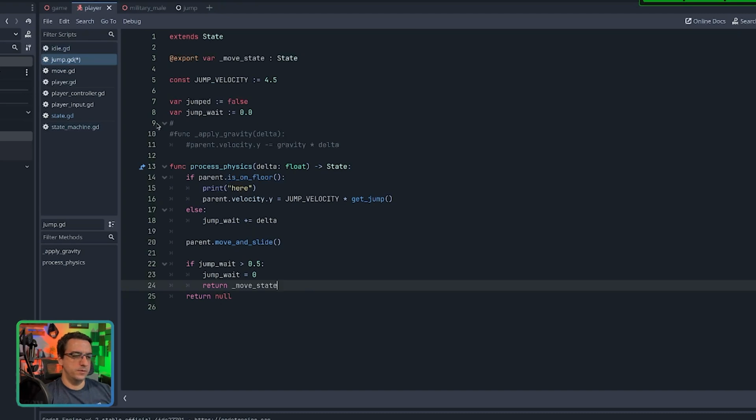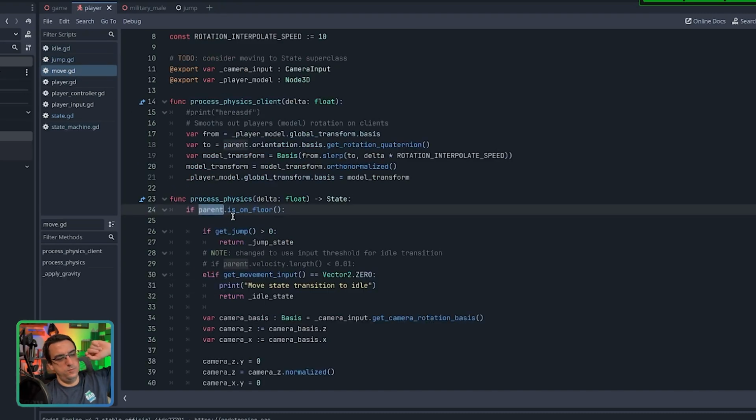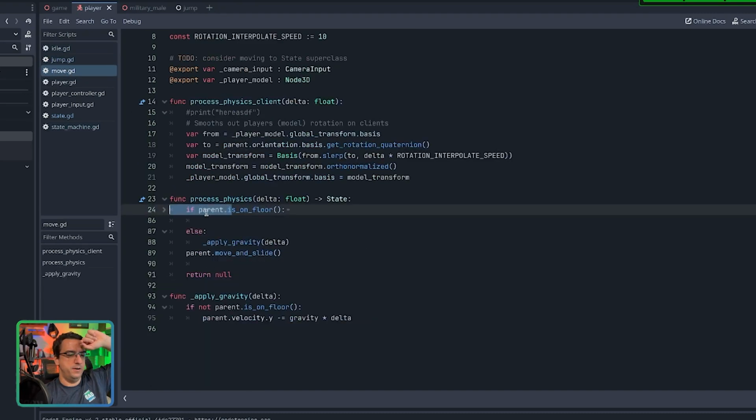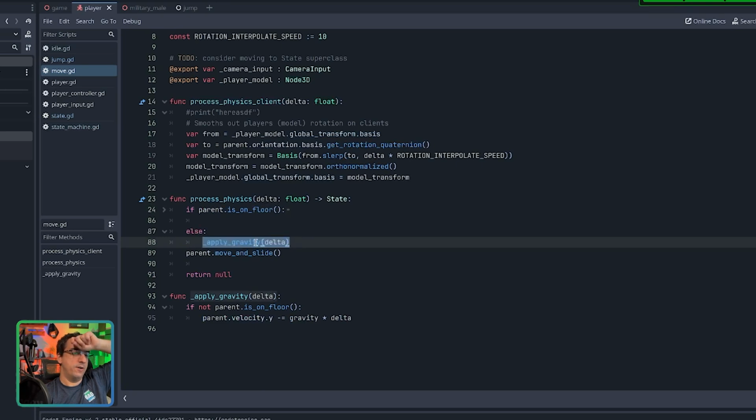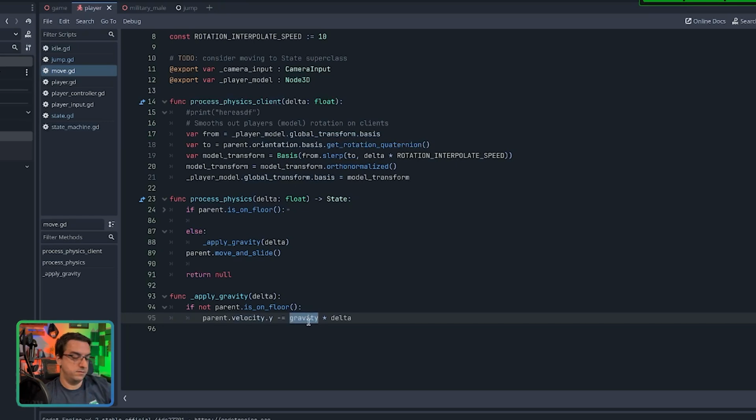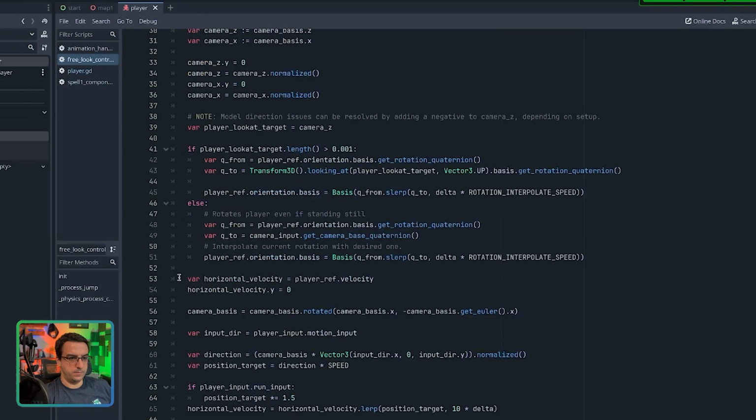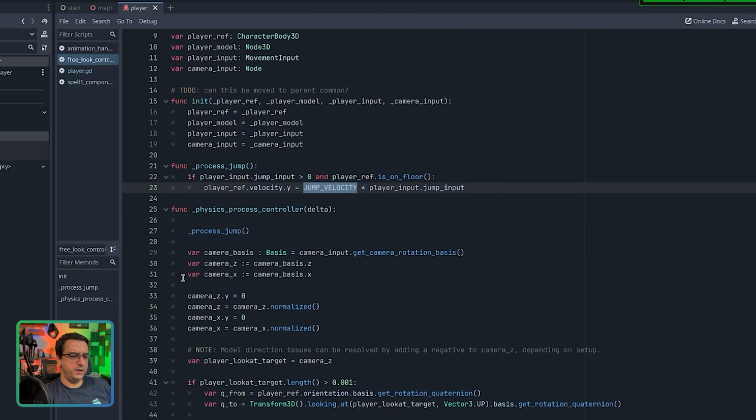So what I'm curious about, though, is why, if parent is apply gravity, it's so strong that it just slams the guy back into the ground. That's weird. Is gravity too strong? Because when I do it over here,